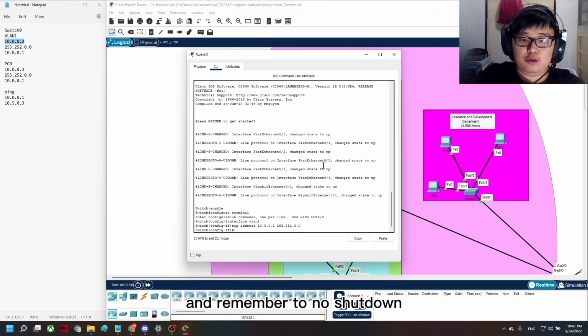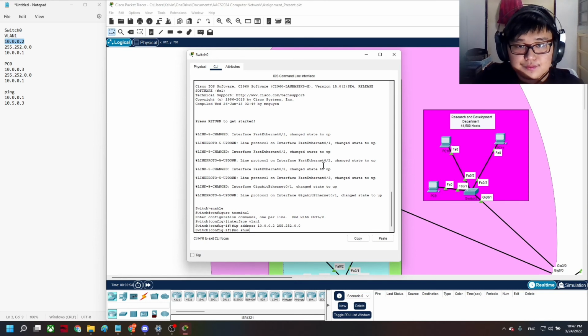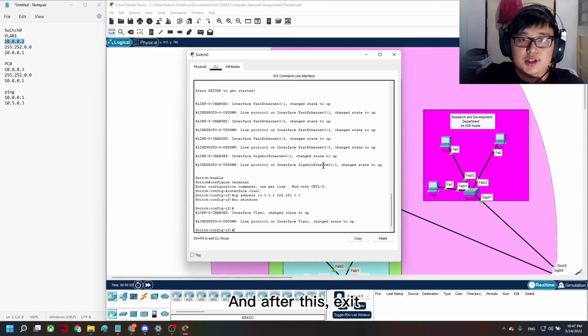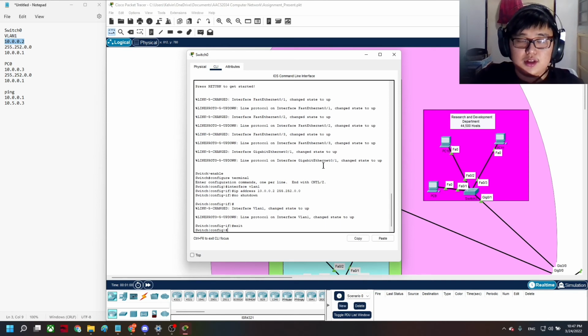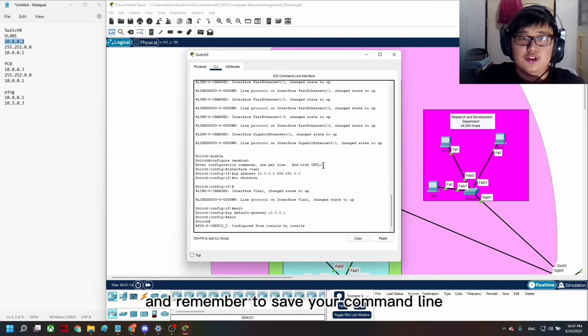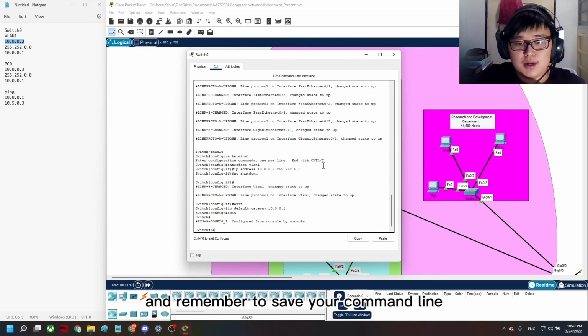And remember to no shutdown. After this, exit, and we type the IP default gateway. Then exit, and remember to save your command line.